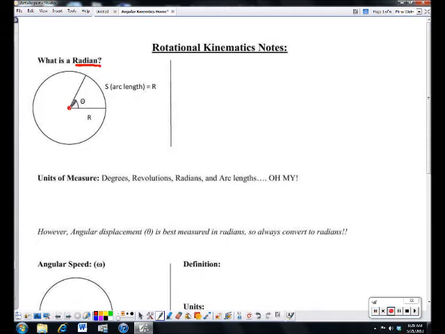If you're given a circle with a radius r, and you travel along the edge of the circle, the arc length s, exactly one radius, you get a radian. Now you can mark it as the arc length s, or of course you can mark it as the angle theta, but either way you have traveled one radian. So again, one radian, which we're going to simplify from this point on as just a rad, is defined